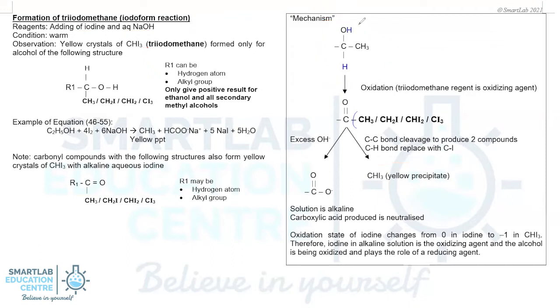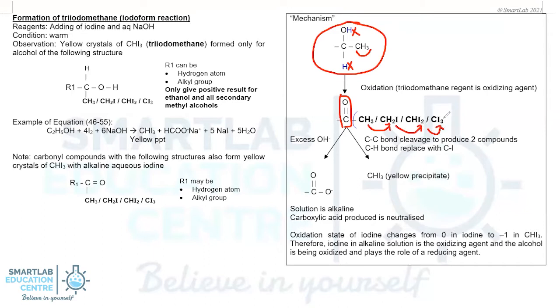So the first thing that will happen is that when this alcohol interacts with iodine in the presence of sodium hydroxide, oxidation will first take place, which means, like previously we discussed, these 2 hydrogens will be removed, so it will form a C double bond O. After it forms a C double bond O, only if the structure has a CH3 group bonded to the C double bond O, then each of the hydrogens will undergo reactions such that each hydrogen is being replaced with an iodine.